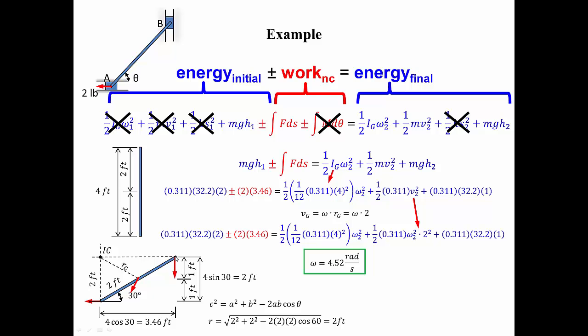In order to find that, we'll use our angular velocity and multiply it by the radius from the instant center to that point. That distance is 3.46 feet, as we calculated earlier. So the velocity at B is equal to our omega, 4.52, times our distance, which is 3.46 feet, to give us